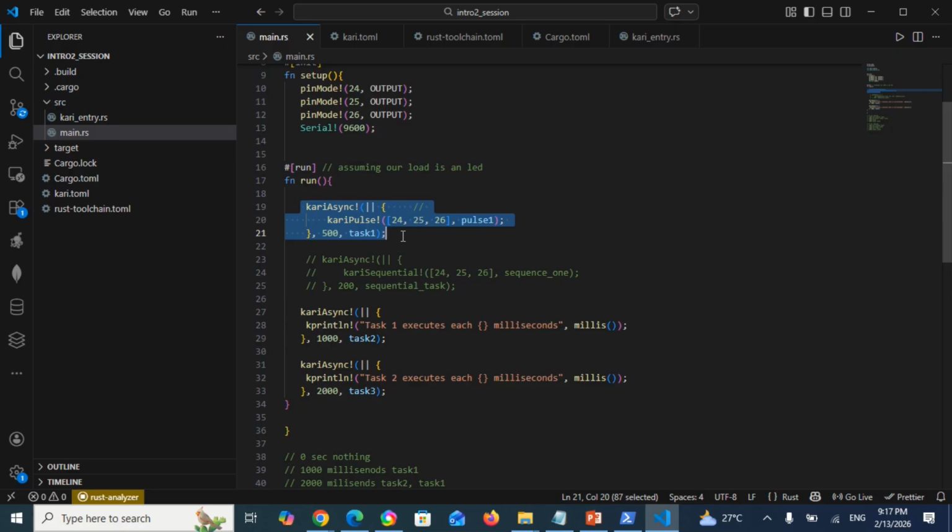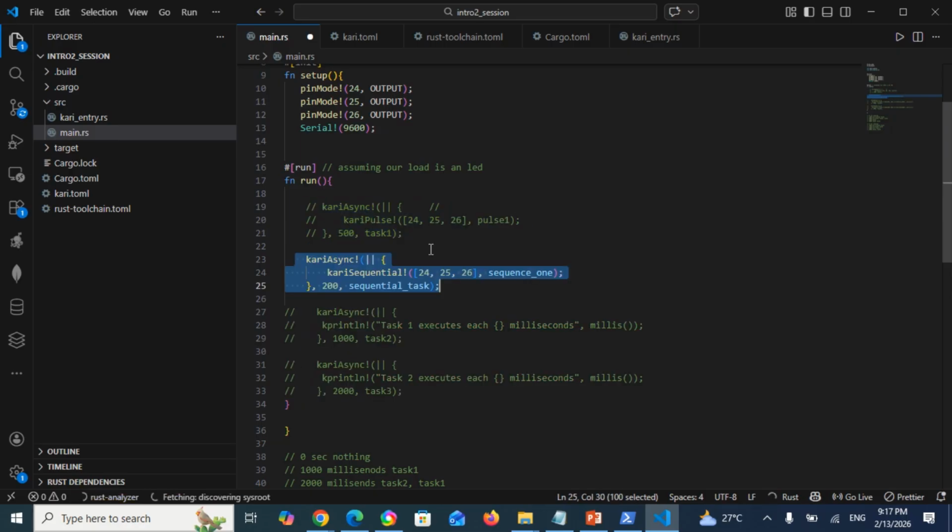This is what we did last time. So I just comment out these other codes you can see here. Just comment them out. And the last thing that I told you to check about is this functionality known as kariRS sequential. So basically what kariRS sequential